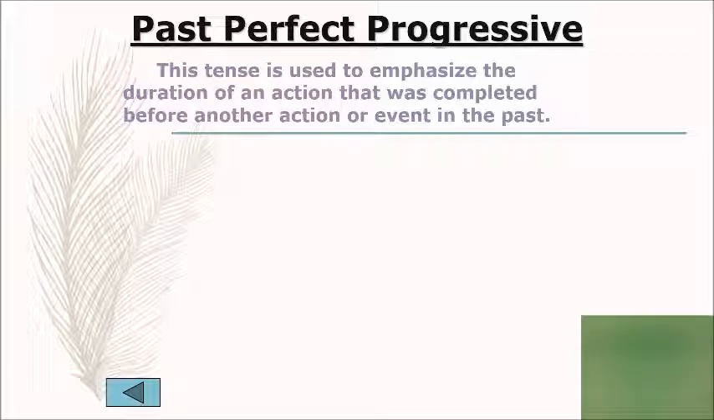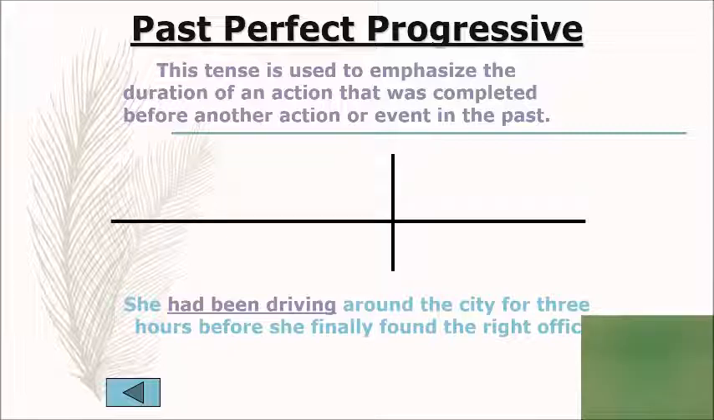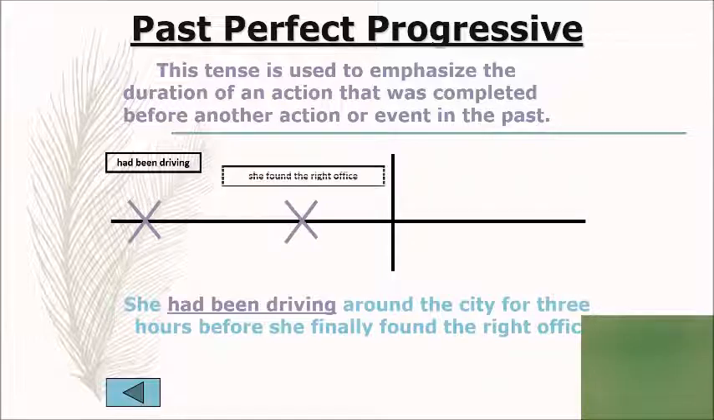Now the past perfect progressive. This tense is used to emphasize the duration of the action. Okay, and we can see that here we have the time in the sentence. She had been driving around the city for 3 hours. So the duration here is 3 hours. So we are emphasizing the duration of the action that took place in the past. Okay, she had been driving. Had been plus verb plus ing. And after that the verb of course should be in the past. So she found